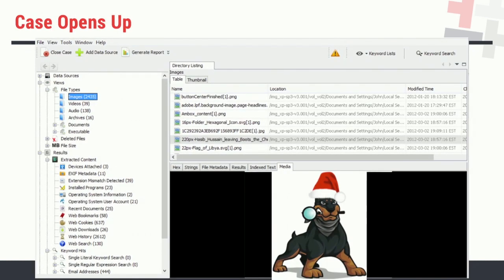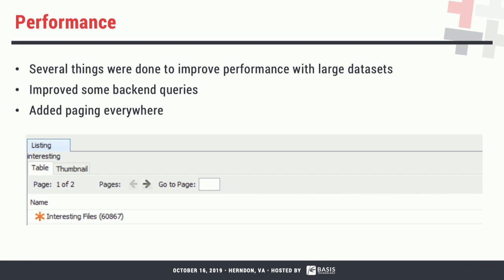So once you configure your modules, they go off on some background threads, parallelizing in the background, doing some analysis, and results start popping up. Here's the basic case UI. There's a tree on the left-hand side, there's a table on the right, and the viewer on the bottom. Basic flow here, not rocket science. You start in the tree. You can always find everything we make in the tree, and you work your way around in the UI. So given that, some other changes.